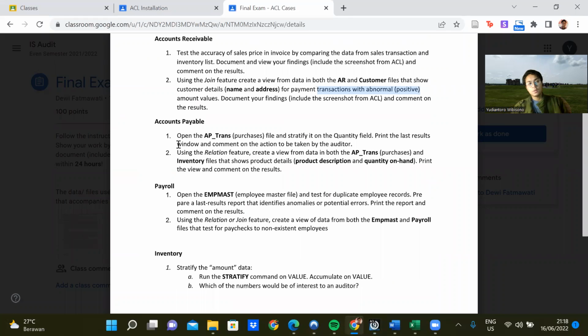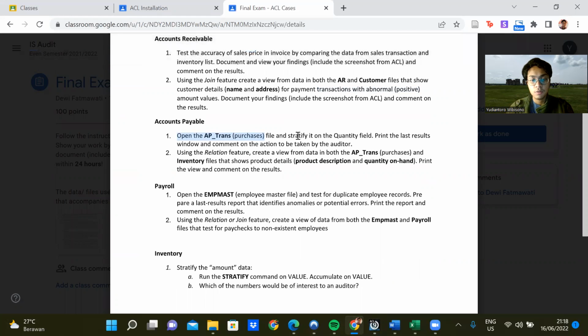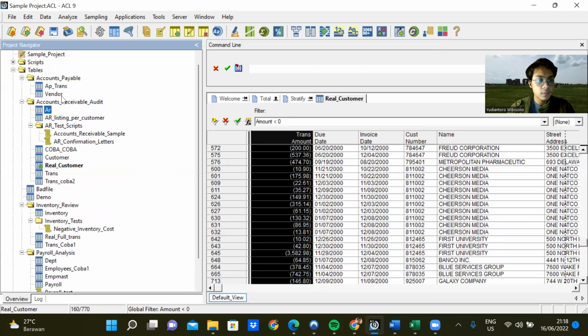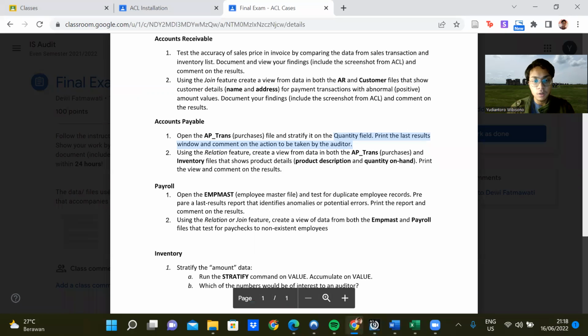We are going to do another task, which is to open the AP trans accounts payable and stratify on the quantity field. Print the last result. Okay, we are going to open the accounts payable. Yes, AP trans. And then because the instruction is going to be